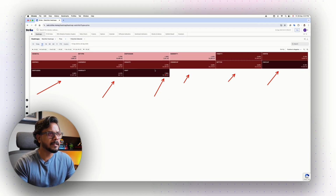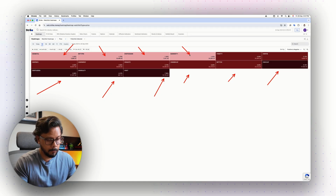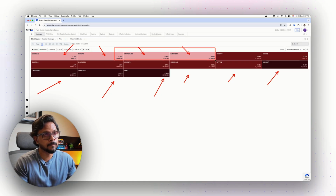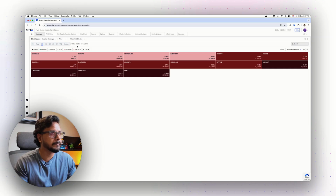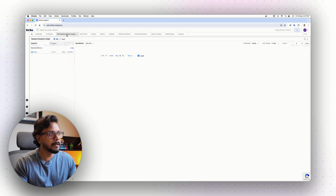Okay, nothing fancy. Least negative is metal, public sector bank. This is private banks and PSU banks and bank Nifty. This is a good sign. We'll come back to this area. It's a 1 to 2% fall, a 2% sectoral fall, but less compared to a 7% or an 8%. With this in mind, we come to the